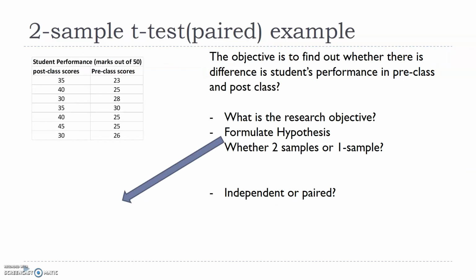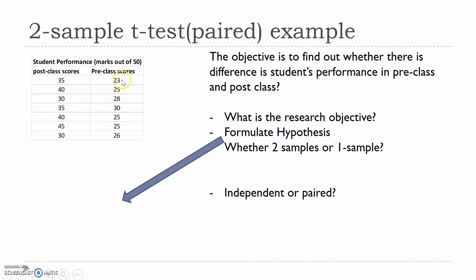Let's say this is the question which we want to discuss. Student pre-class: before the start of the subject, any elective subject which you teach in our college, let's say I conducted a test randomly on 7 students. Each of them scored like this, 23, 25, like this, those 7 students scored out of 50. Okay, same students. I am conducting a test again after, let's say, 2 or 3 months. The same students scored 35, 40, 30, like that.